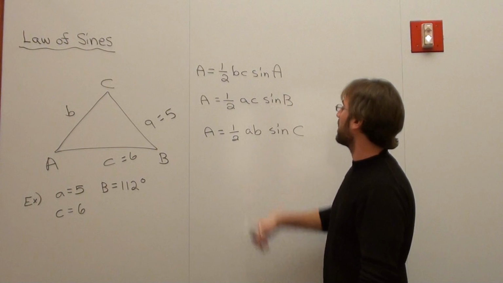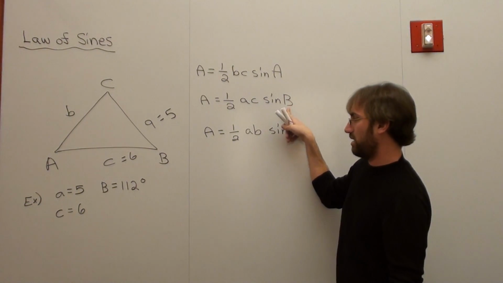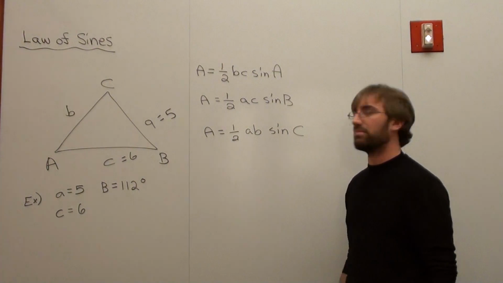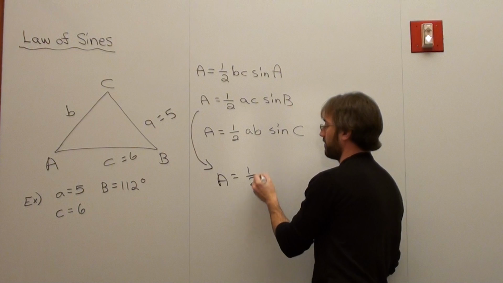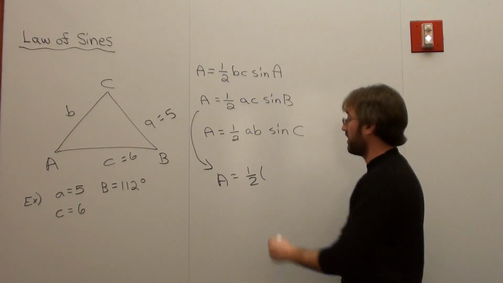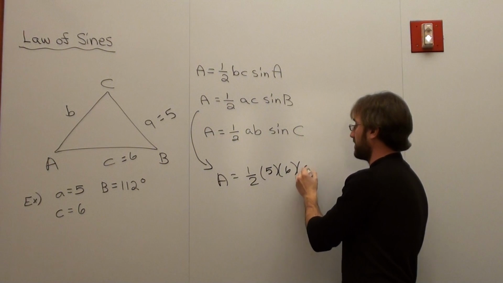And I look at these formulas and I say, well, which one do I use? Well, I'm given the angle of B. Am I given A and C? Yes, I am. So I'm going to use this formula right here. Area equals 1/2 times my A value, which is 5, times my C value, which is 6, times the sine